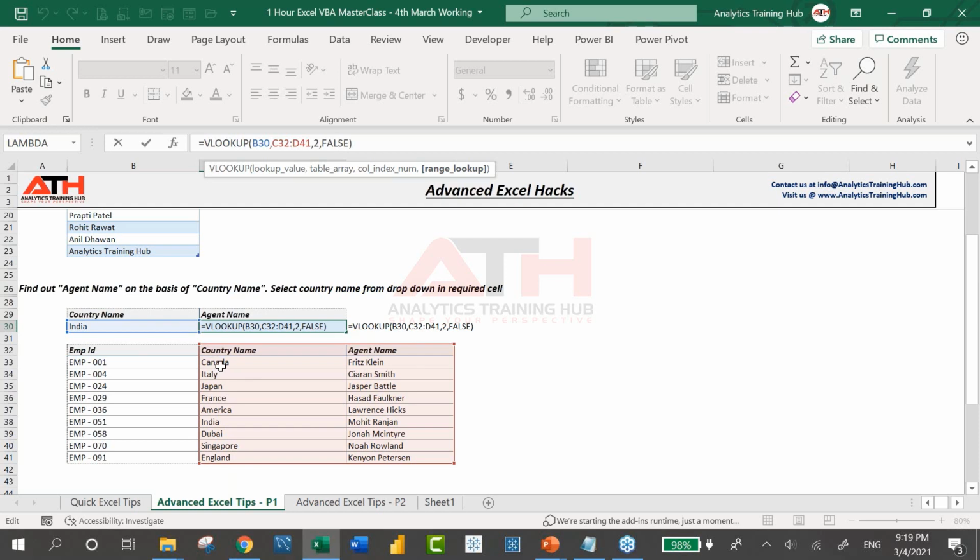For example, if there are 2 agents in India, India would repeat twice. Against the first India, the first count will come, and against the second India, the second count, 2, will come. Then we will combine both values to make the unique value. Using that, we can retrieve the duplicates, like the lookup value, or the value from the second occurrence as well. I hope I have answered your question.